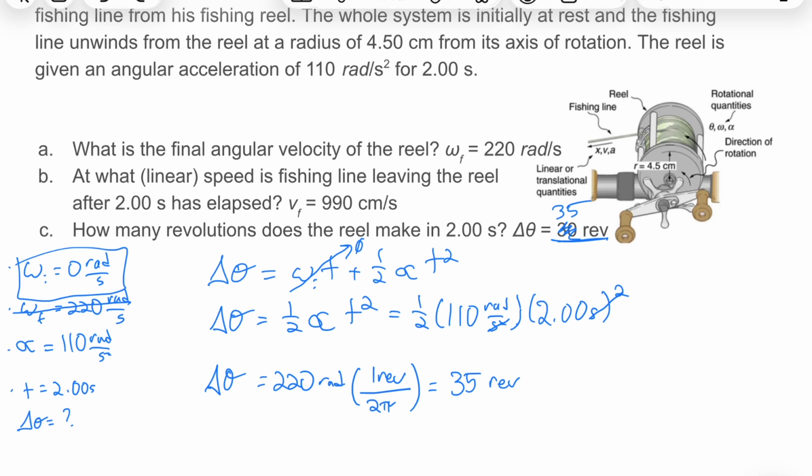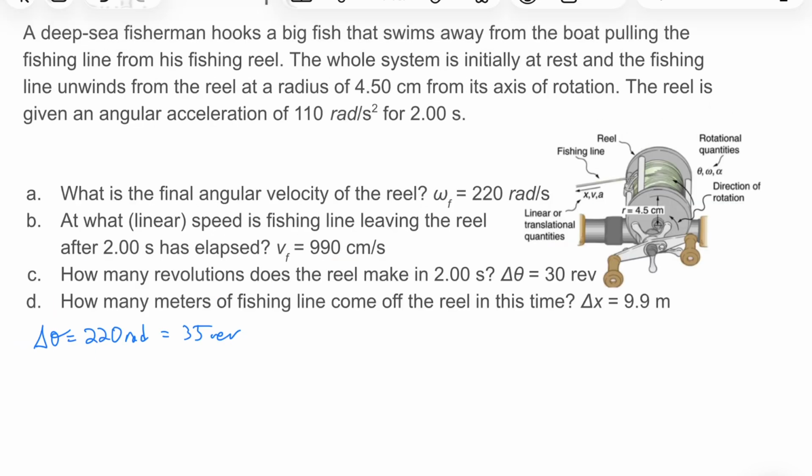So in that 2-second time interval, the reel will have spun 35 times. All right, next, let's think about how many meters of fishing line came off the reel during that 2-second time interval. So we know that the reel spun around 35 times, and we also know that the radius of that wheel is 4.50 centimeters. So we can think in terms of revolutions, but actually something that's handier is thinking in terms of